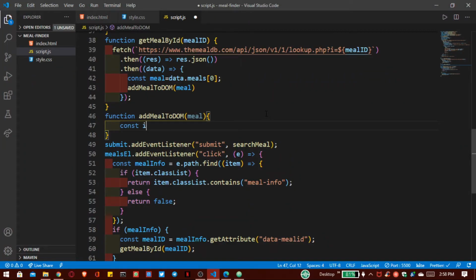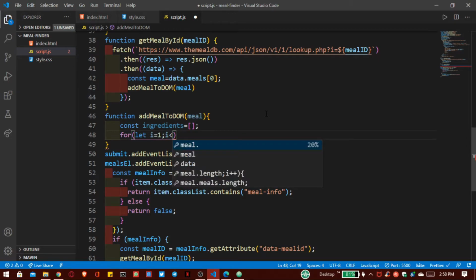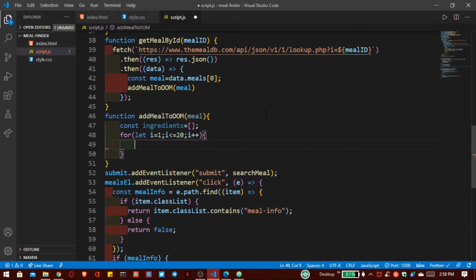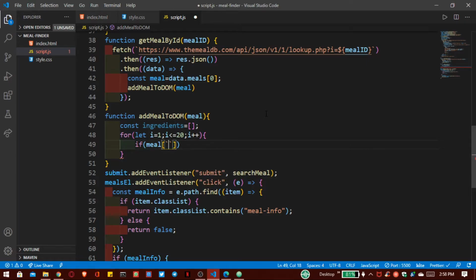So first const ingredients. By default it is an empty array, and let's create our loop. Start from 1 and let's end at 20, then increase i plus plus. Here we have to find all of our meal ingredients by these str ingredient.